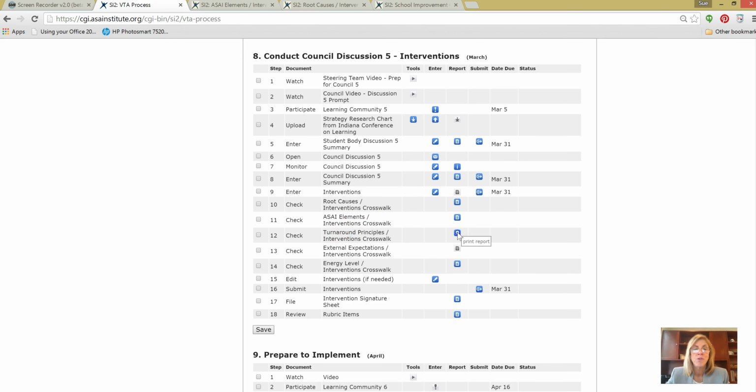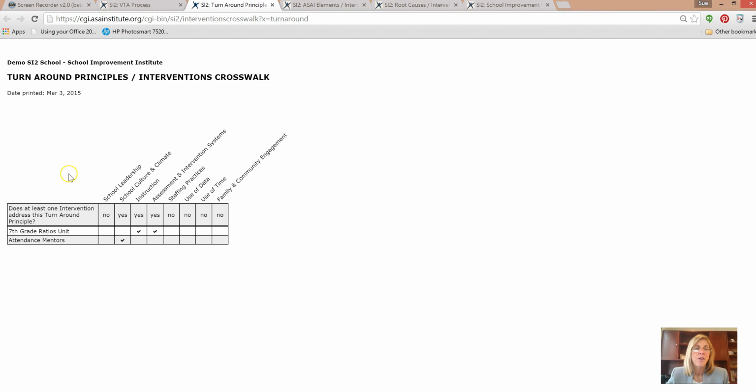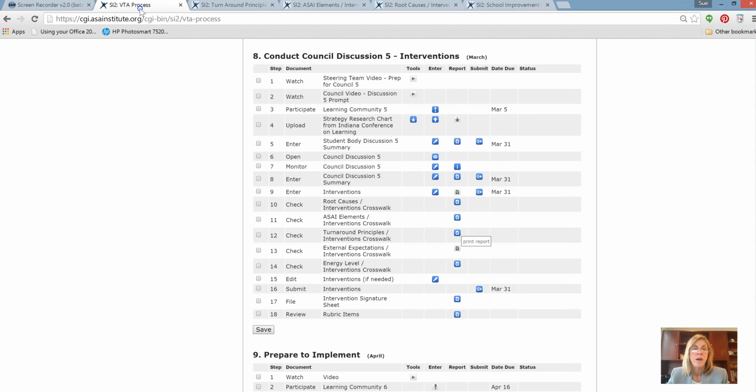Here's the turnaround principles. So same kind of thing. We've got the 8 different turnaround principles across the top, and then which of your interventions are addressing the turnaround principles. And then the external expectations.